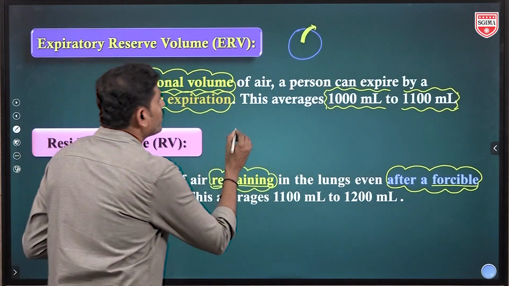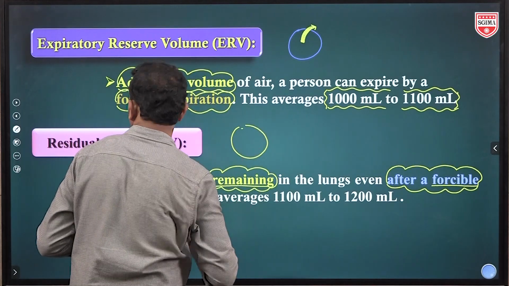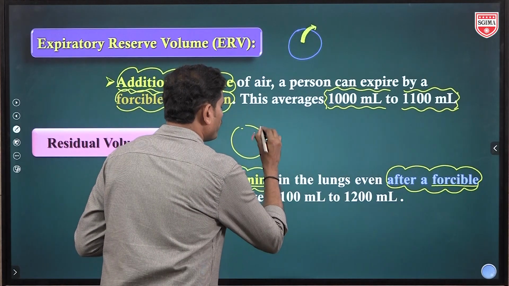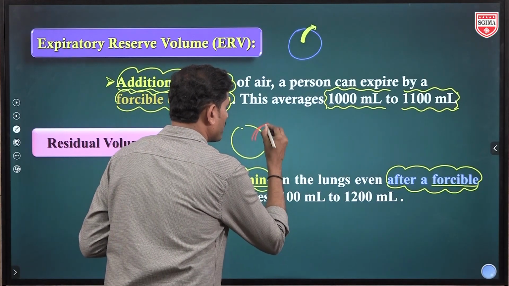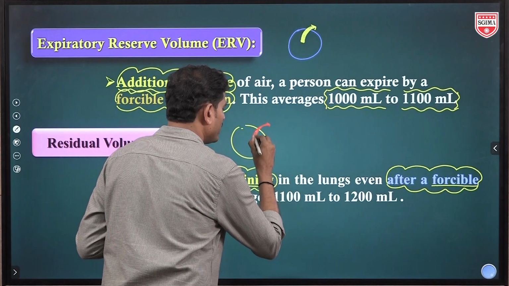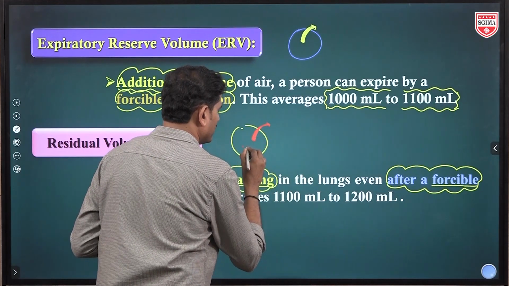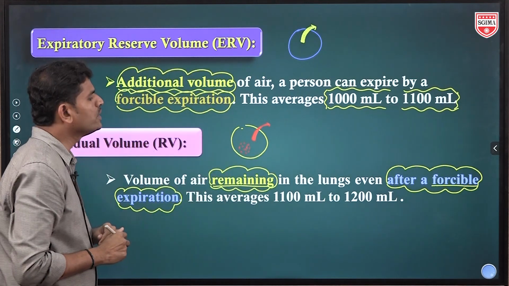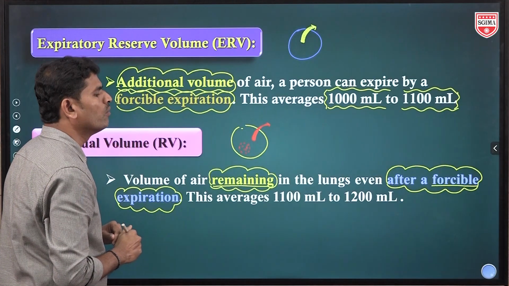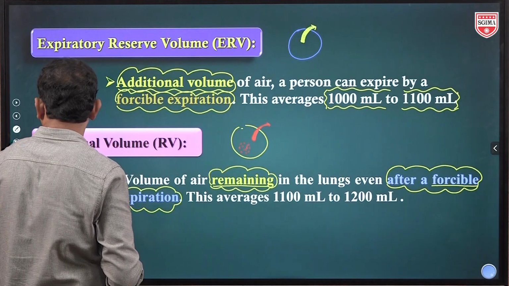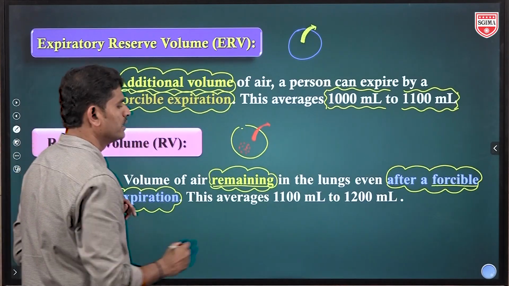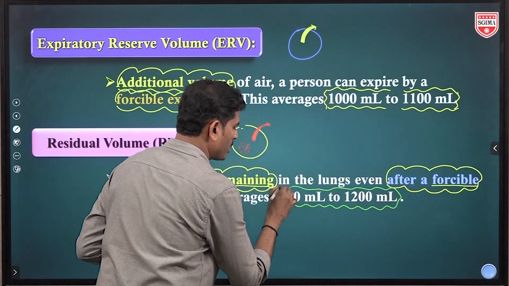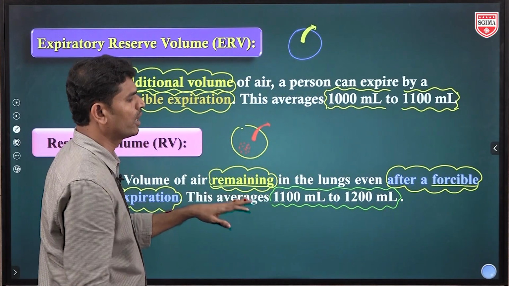So then how we can draw the rough diagram to understand this one? So this is only here. This is organism. After forceful expiration के बाद जो air will remain in the lungs, so this volume of air is known as a residual volume. इसका numerical value is how much? This is 1100 to 1200 ml. So compulsory each and every volume we have to remember.